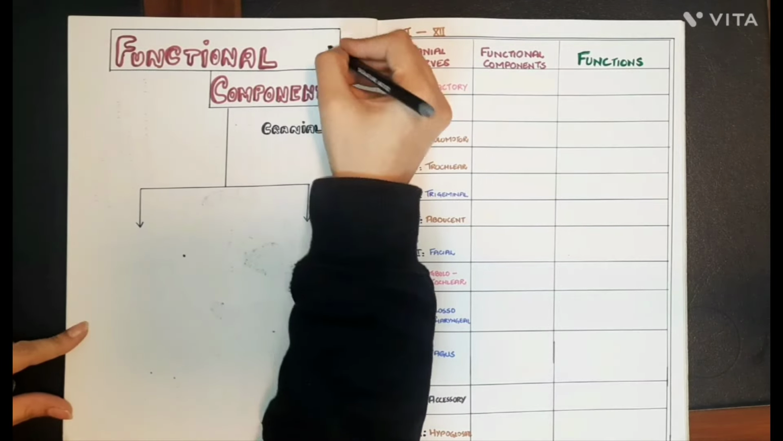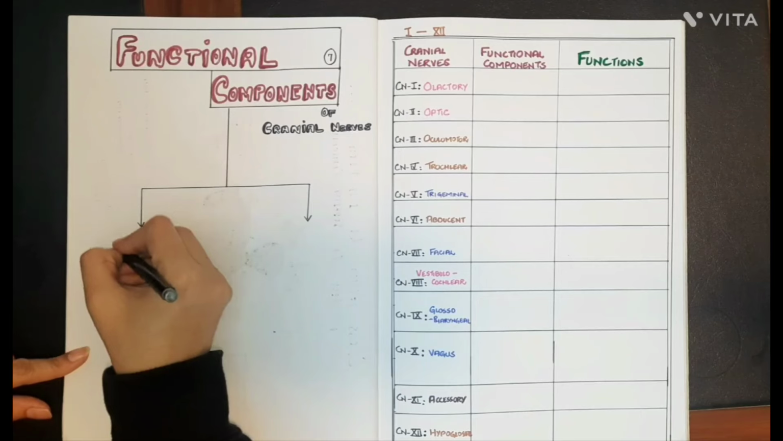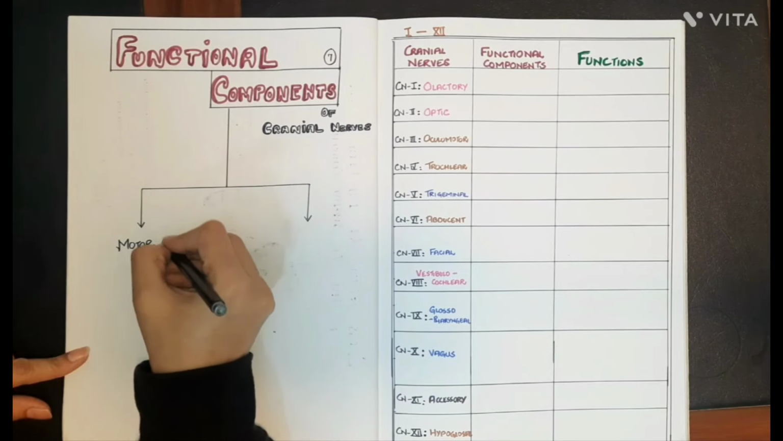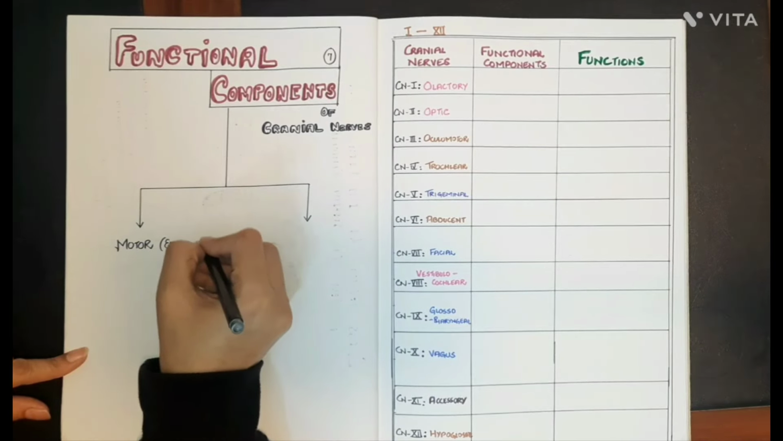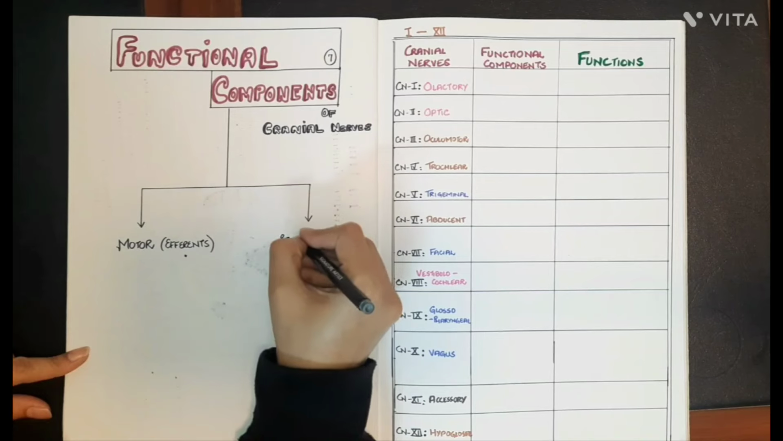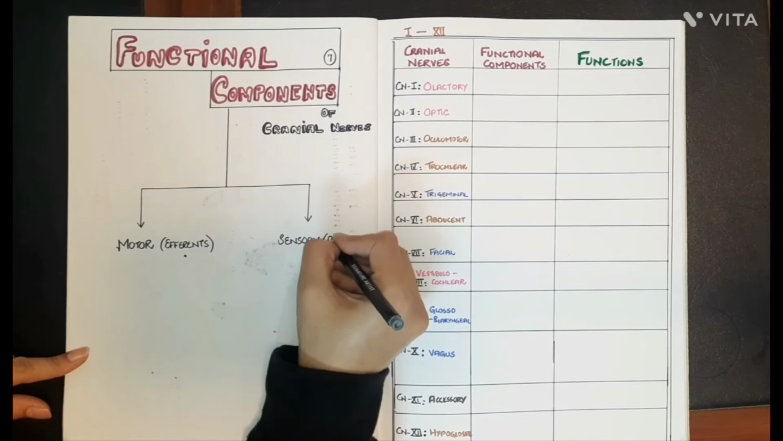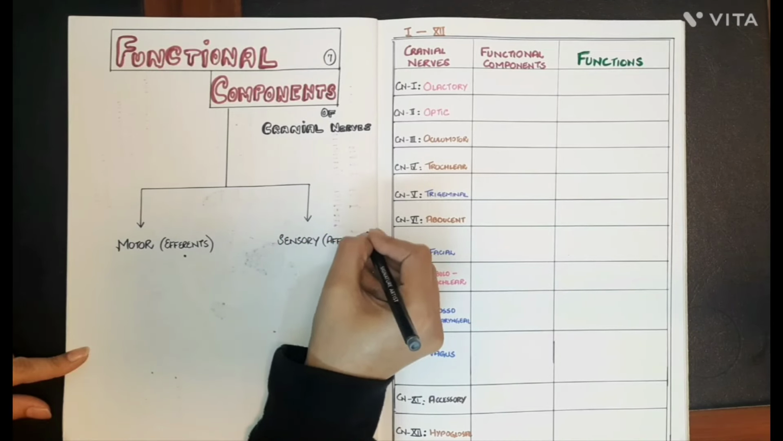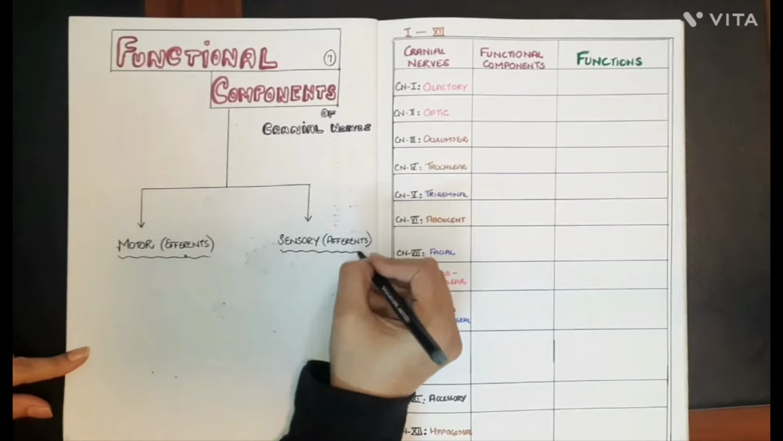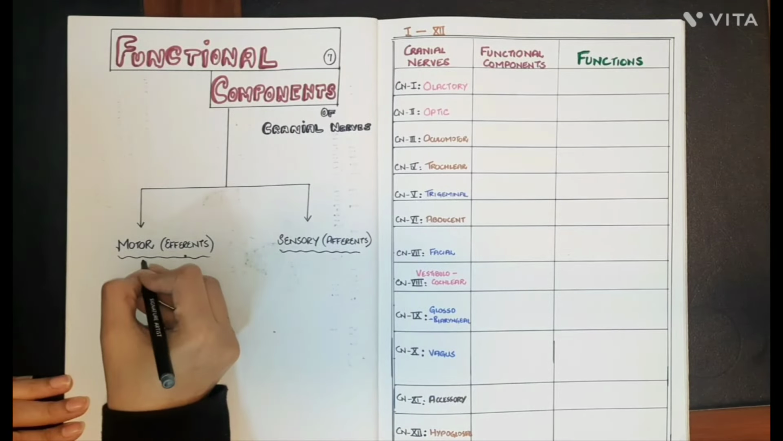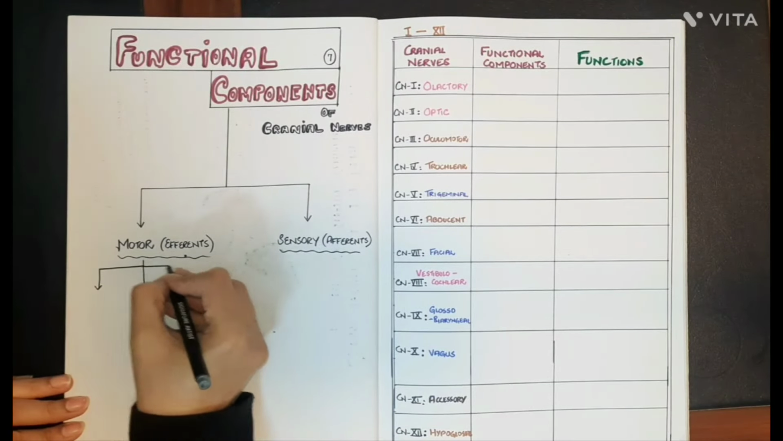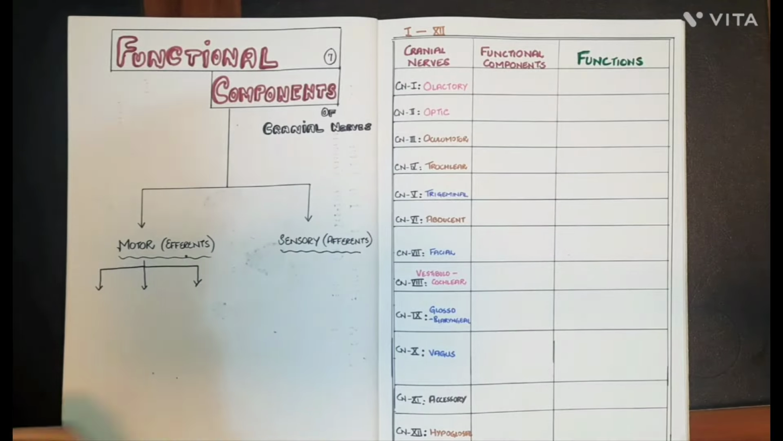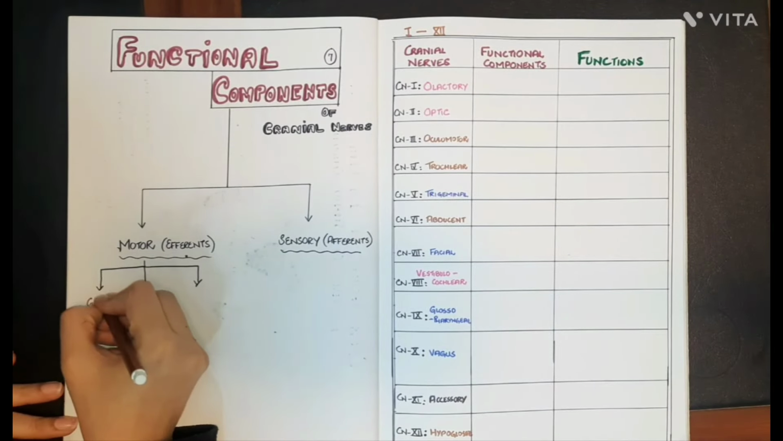These cranial nerves are either sensory or motor nerves, while some are mixed cranial nerves. So the functional components are generally divided into motor efferent components and the sensory or afferent components. The subdivisions of these components are that the motor efferents are divided into the general somatic efferent component, special visceral